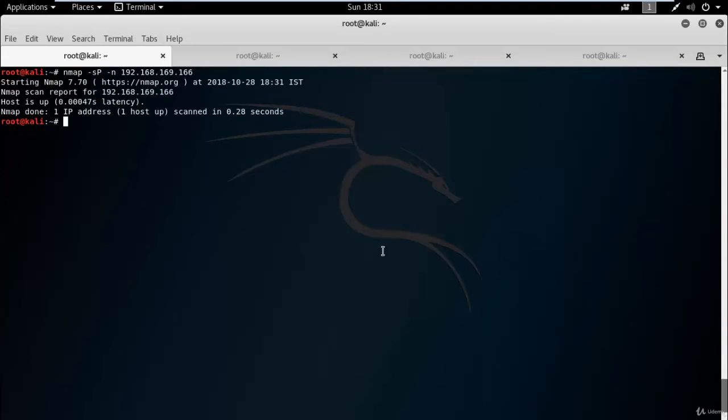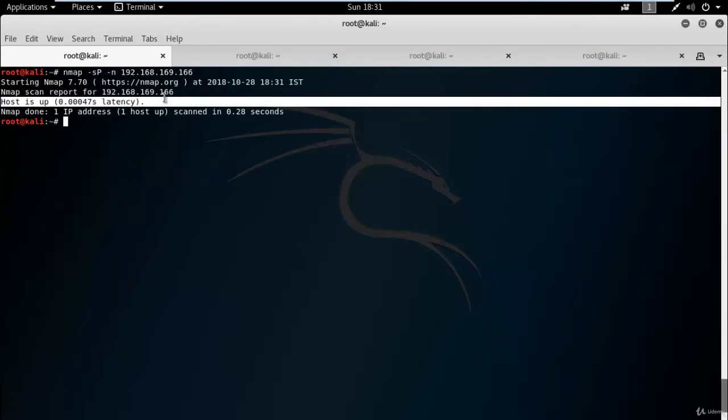Press enter. So -sP stands for ping sweep, and I use -n to not scan DNS information, so we can gather information very quickly. So here you can see the host is up, and I can ping the target device.